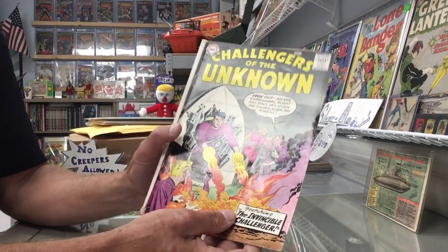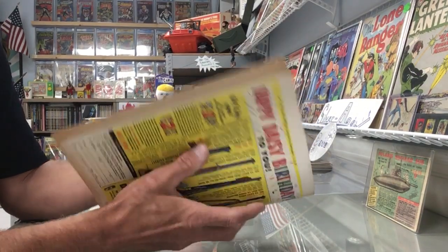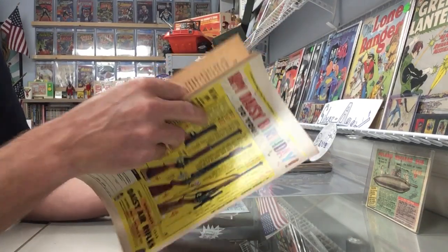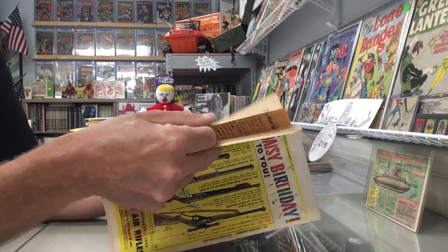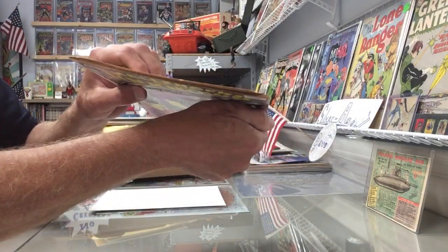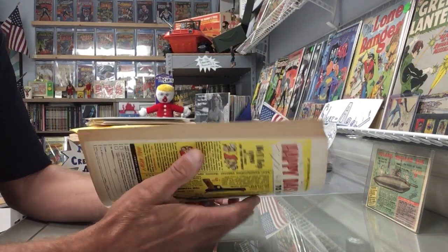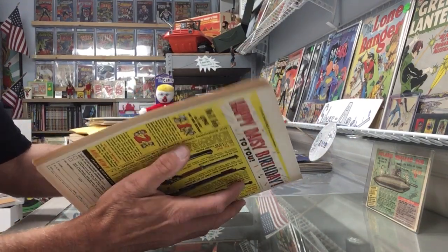So this is, to me, a very, very cool Grail comic, and I might have shared this not too long ago. Silver Age Dave has invested in a very high-quality commercial press, and the reason that I bought this particular book is it has a tremendous spine roll, as you can see there. I've been talking to some pressing experts in the community, and I'm not going to experiment on this book, but in a reasonable amount of time,